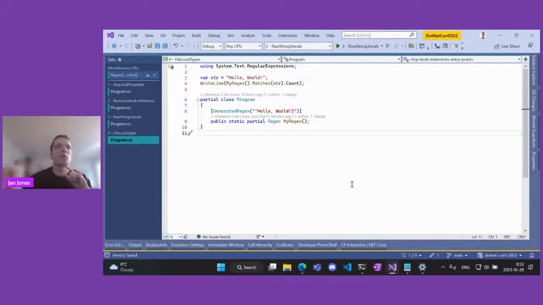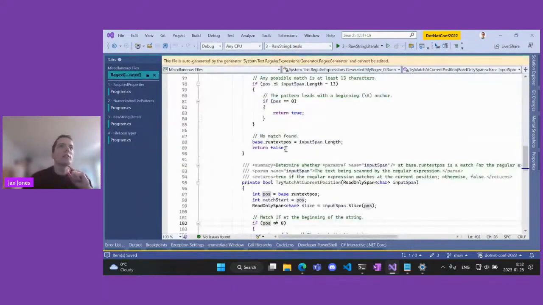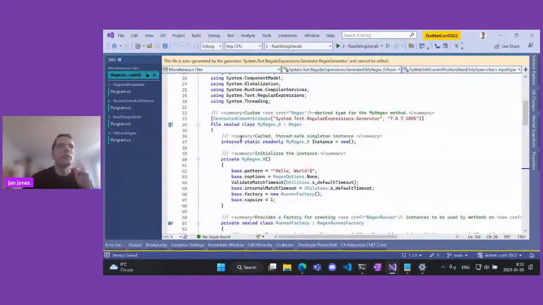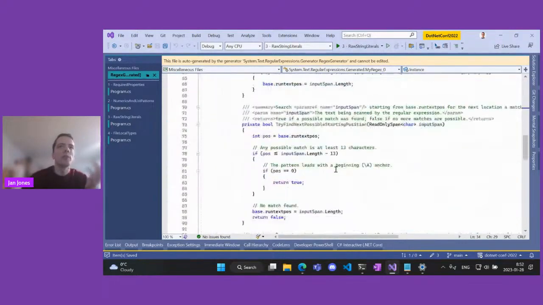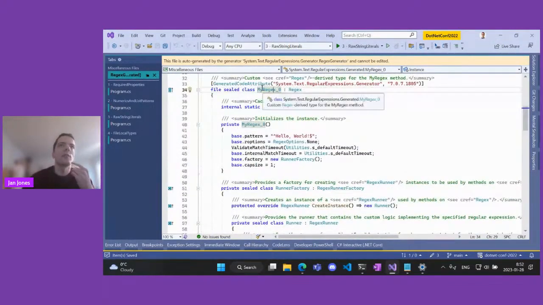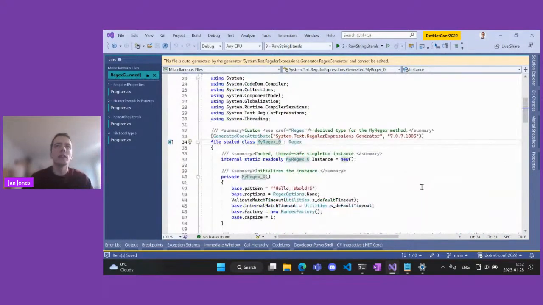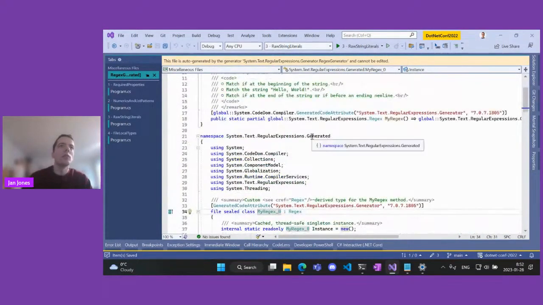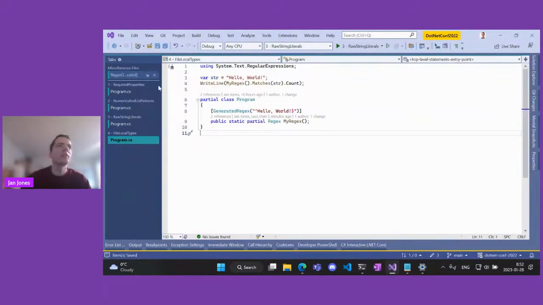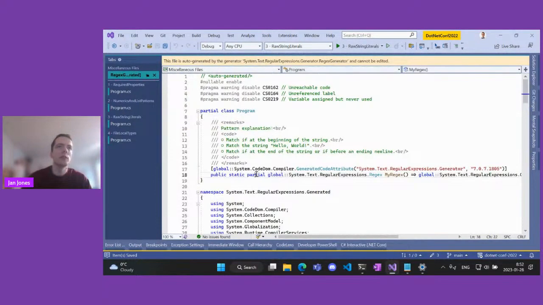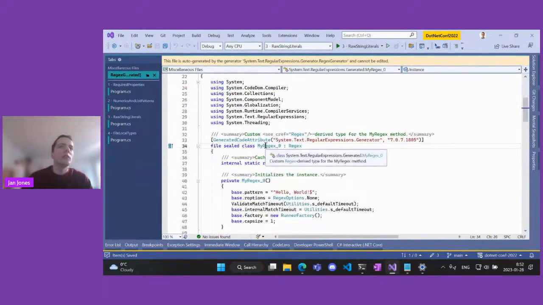mostly useful for source generators, and that's the file modifier, or file-local types. So this source generator needs to put this code somewhere. So it creates a class, MyRegex0 in this case, and all the code that source generators create for you is part of the program. It has to be, because this is, for example, the implementation of the partial method. And so you can actually,